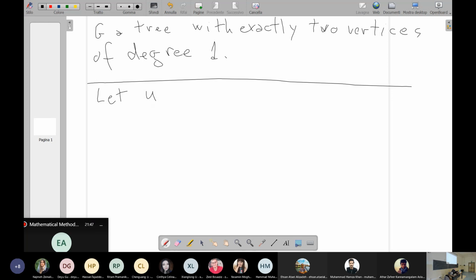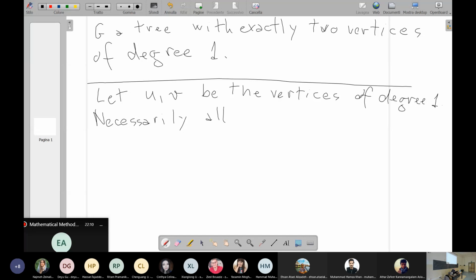Let U, V be the vertices of degree 1. Necessarily, all other vertices have degree 2, because